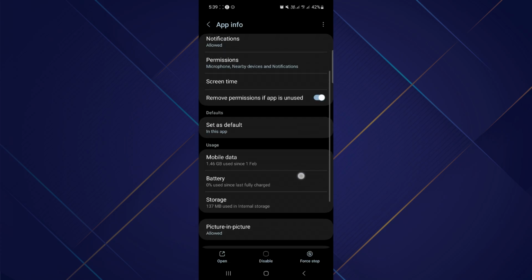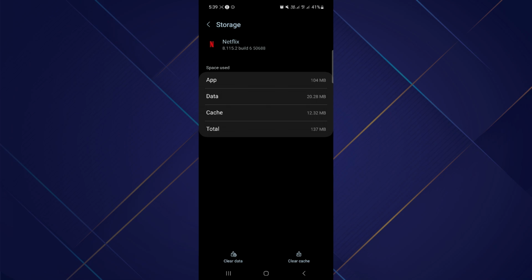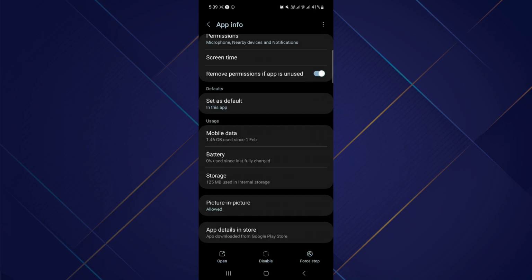After you go back, you have to scroll down until you find the option of storage. If you find the option of storage and if there is any cache, you need to delete the cache. After you tap on the storage, you have to go to the option of clear cache, and this way your cache will be deleted. After that, you have to go back,